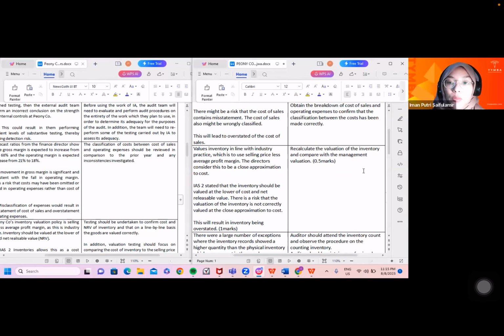How you want to add on to this is basically to ensure that the company's technique of valuing inventory at a close approximation to cost is reasonable or not. Okay, is reasonable, or maybe you can say that the inventory is valued accurately. So remember to put in the purpose of your